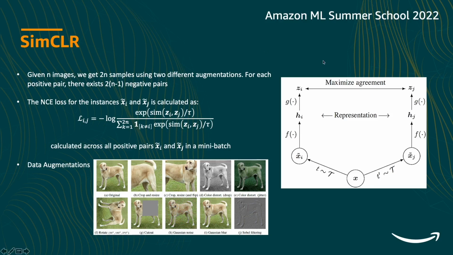And so coming to the architecture, it has got 2 components here. The F component is the standard architecture like ResNet. And on top of that, we apply a G component. So it is a simple nonlinear transformation. So F performs the representation learning steps, and G network is used to get the representation to maximize the agreement. So basically, we apply our loss function at the output of the G network. And after training, we discard the G network and take the representation from the F network.